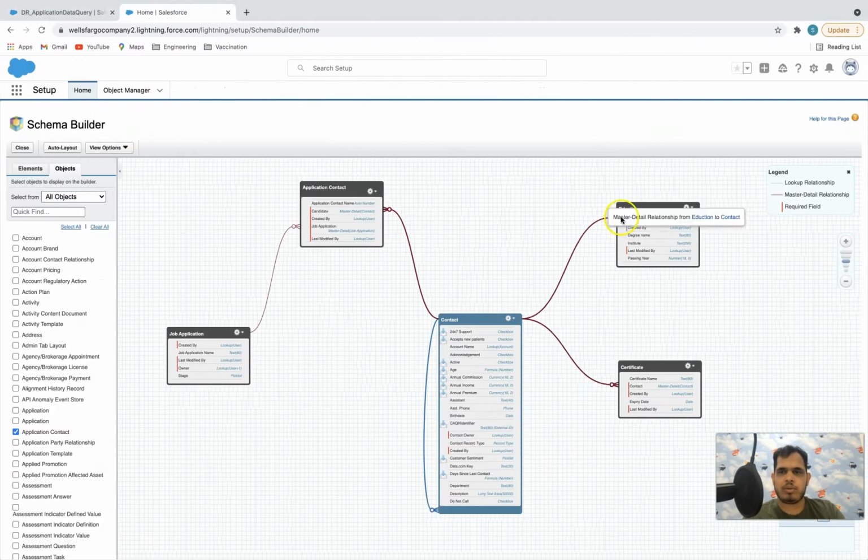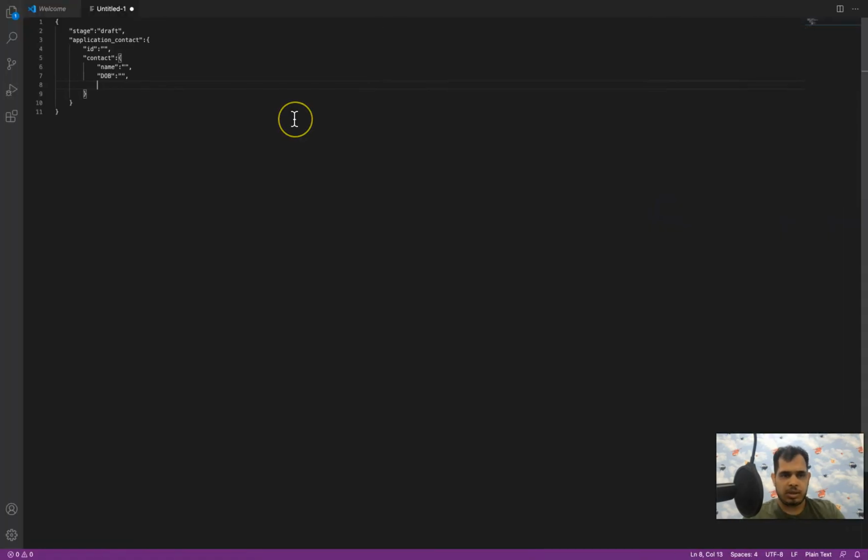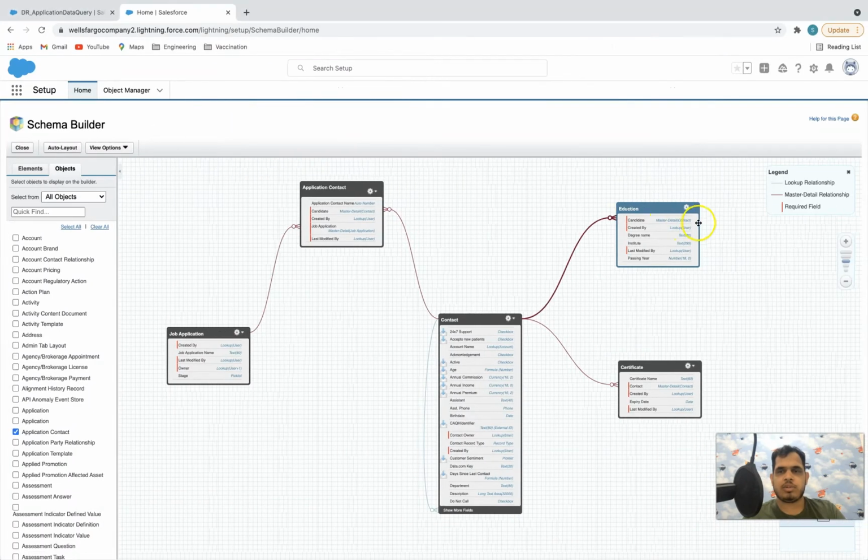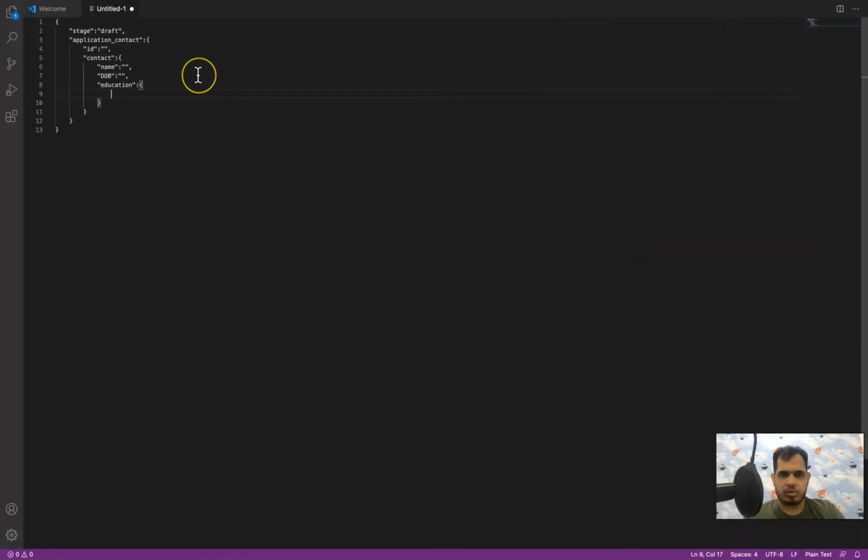Then we do have education, and this education will also be another object, because it will have its own fields. So inside education I can have name, then passing year, and then institute.